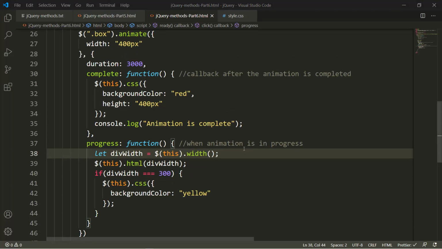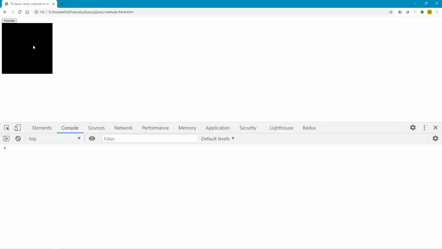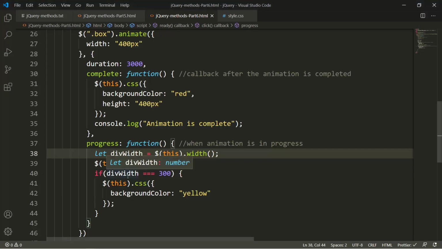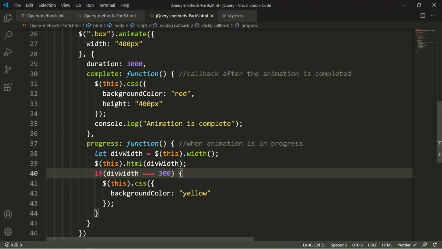So guys, I finally figured out the issue. You won't believe it. It is really a ridiculous issue, and here is how it happened. If I go back to my web page, refresh it, and click on animate, what I was doing is comparing the div width with triple equals to 300.